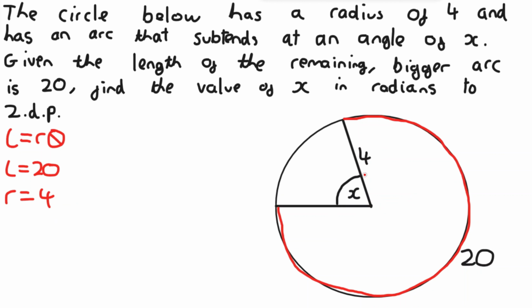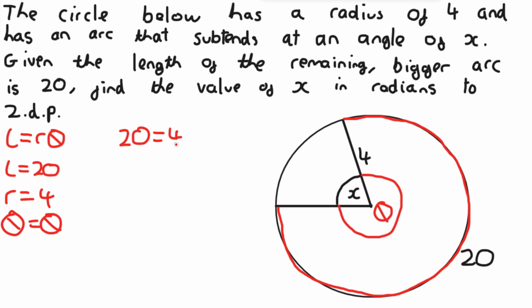But we do not know this angle of theta. This isn't including this x part, it's only this part here. So we can find this because we know the length and we know the radius. So 20 is equal to the radius, which is 4, times theta, and then divide both sides by 4 to get that theta is equal to 5. So this theta angle here is equal to 5,